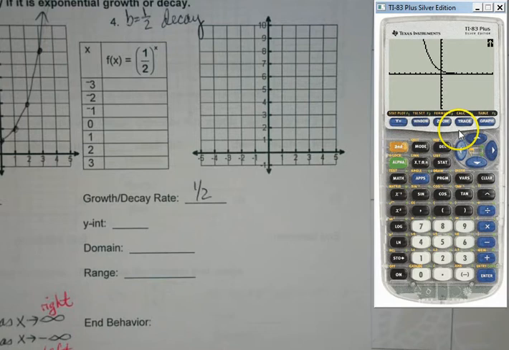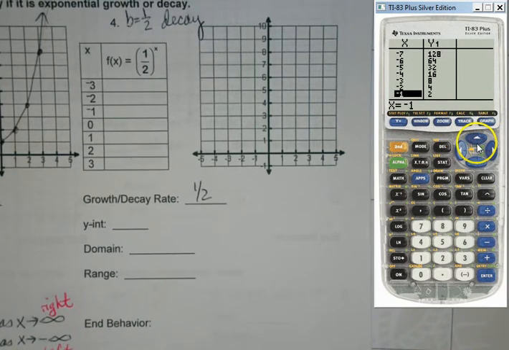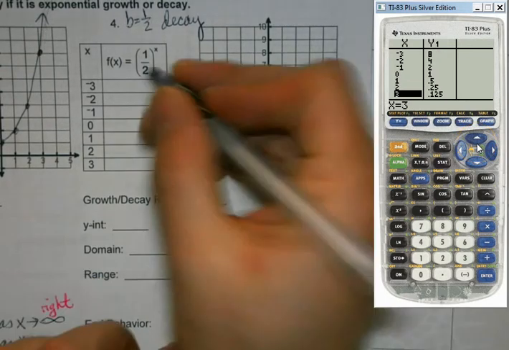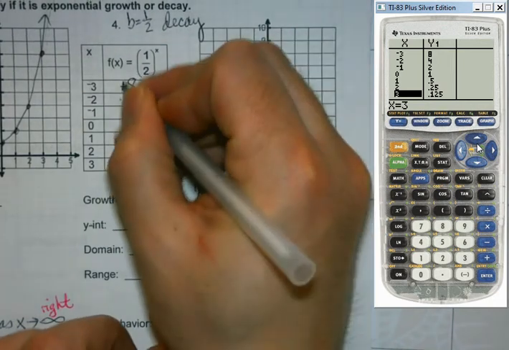And you'll find something interesting when you look at the table this time, though. Starting at -3. Yeah. If you start to fill in the table,